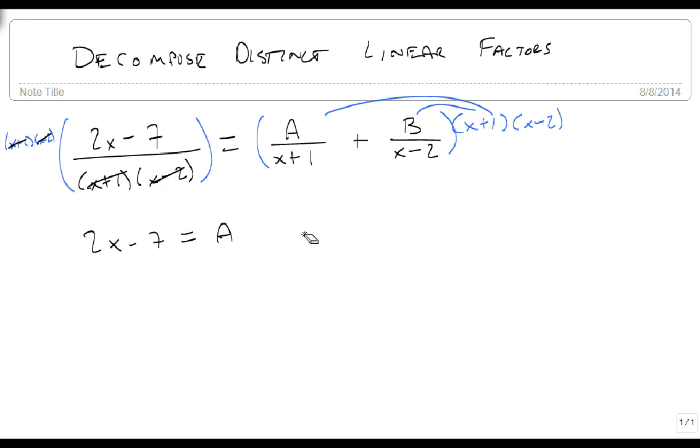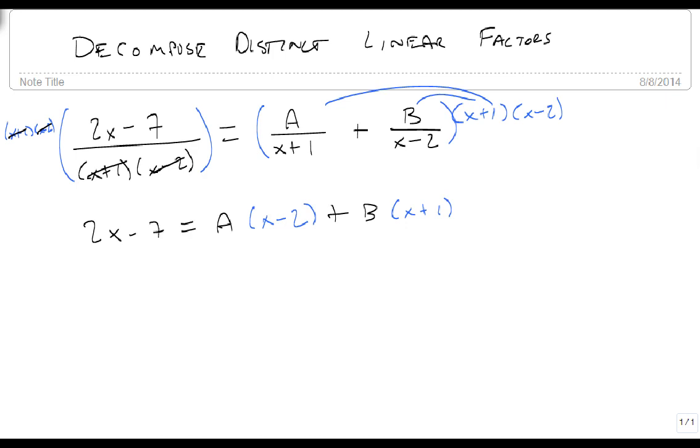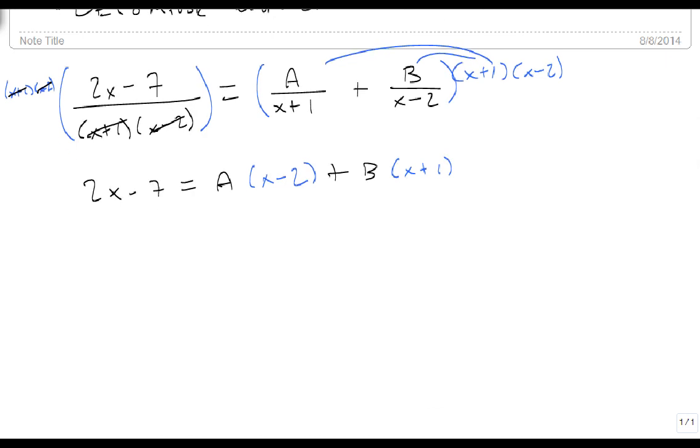In fact, let me write them in blue so they stand out. (x - 2) plus B times (x + 1). Because notice the x + 1 will divide out here and the x - 2 will divide out here. Well, this is almost ready. We just need to do one more step. We need to distribute through. And so when we distribute through, that's going to give us 2x - 7 equals Ax - 2A + Bx